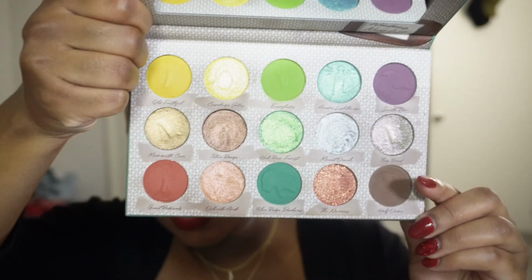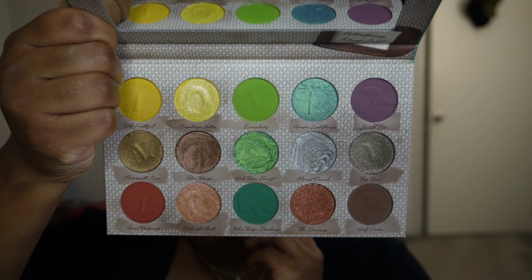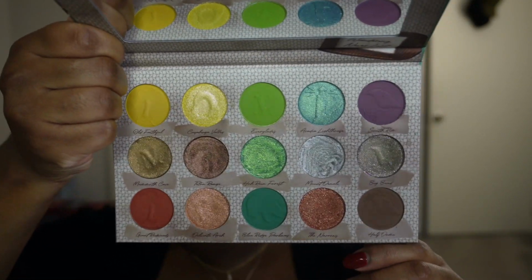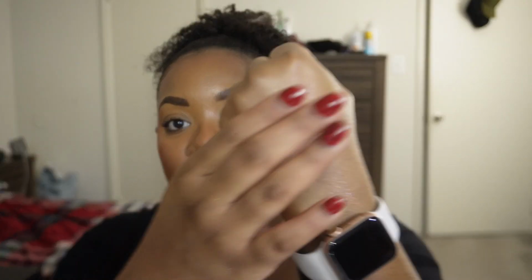So I picked up their Haunted Europe palette when it first dropped. And I remember this was the palette that caught my eye first. And I was so unsure about picking it up. This is the America's Parks palette. And I remember talking to Yadi about this specifically. And eventually, I did get it. Like, it's a nice palette. I just feel like the colors in here, I wasn't really sure how to put looks together. So I was really hesitant about picking it up, but